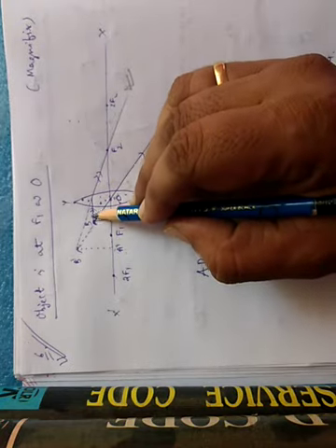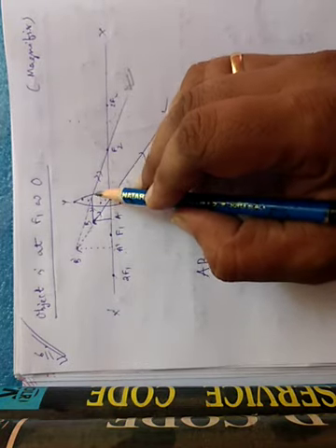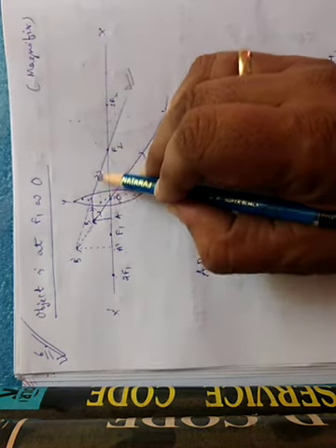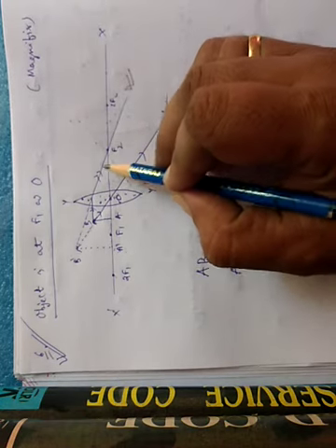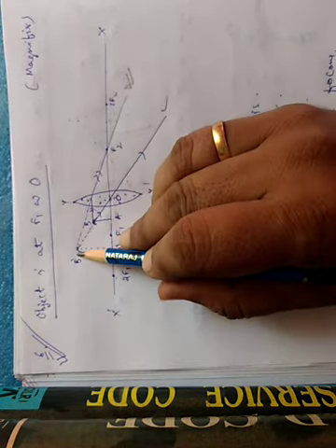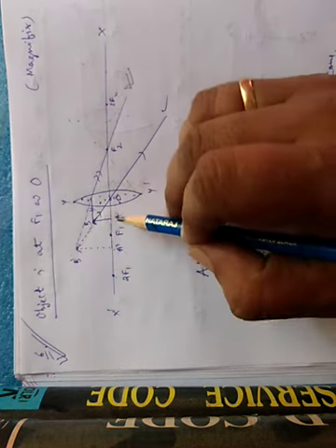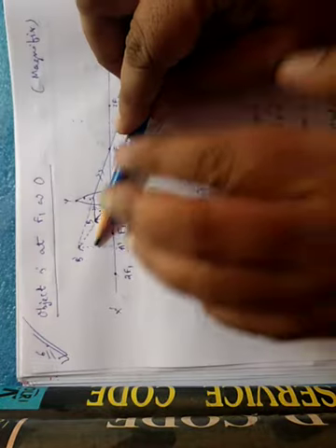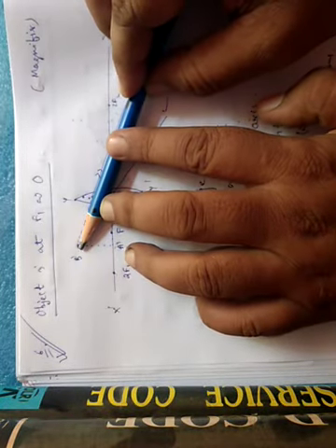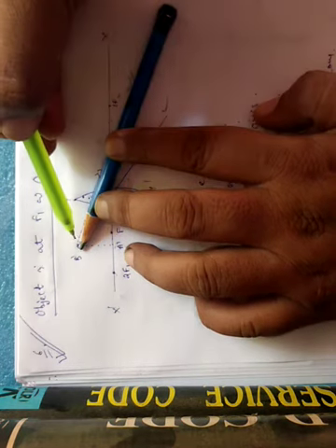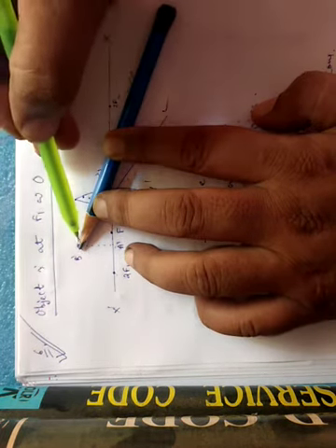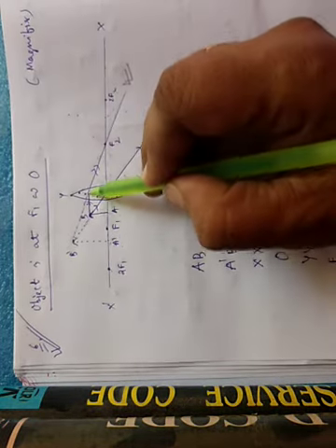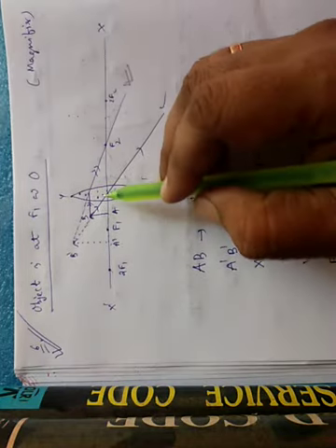Now another incident ray is put here. We know this refracted ray passes through the second focus, but initially you should not draw this ray because you know that these two rays are coming from a virtual point. So what to do? By using this scale, you put a mark and draw this line. Then you use the pencil and draw the diagram. Up to this is a dotted line, and here is a solid line. You see, up to this is a dotted line. Here is a solid line. How can you explain?